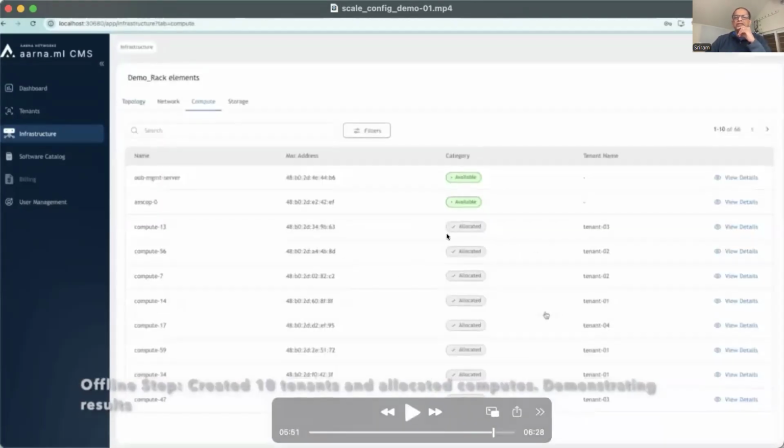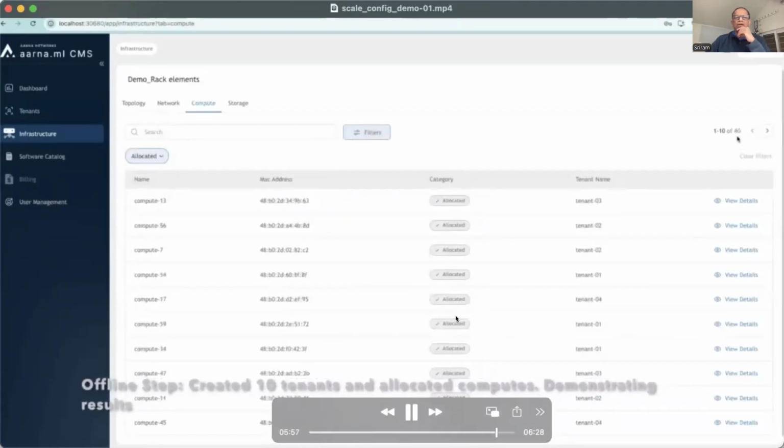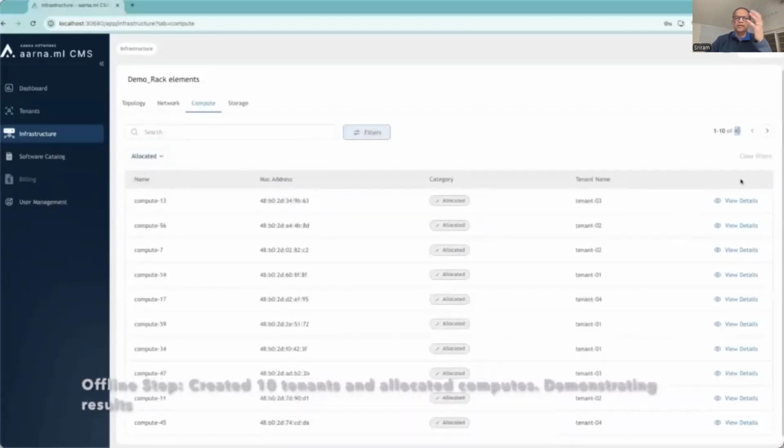This screen, of course, you can drag and make them more pretty. You can see that all the nodes have been allocated except the management node. So these 2 nodes are management nodes. That's where our software runs. So the rest of them are all the compute nodes, which are allocated to the tenants. You can see which tenant has allocated what compute node, and you can filter based on allocation, availability.